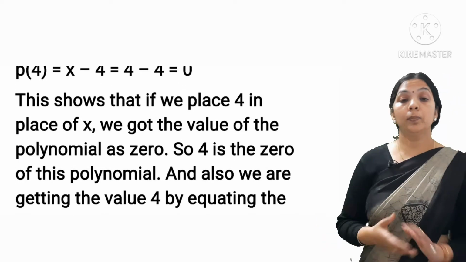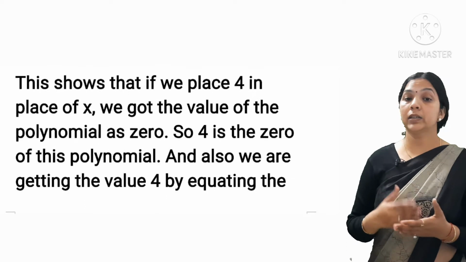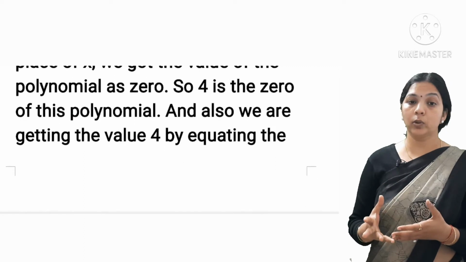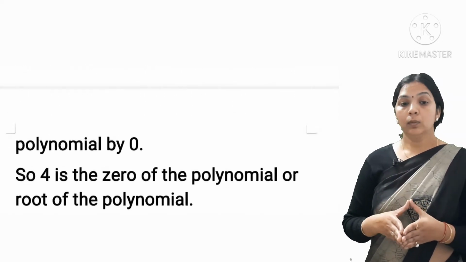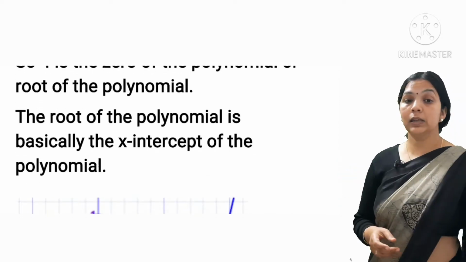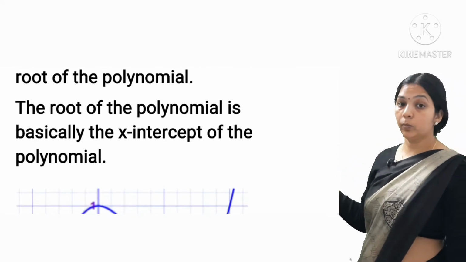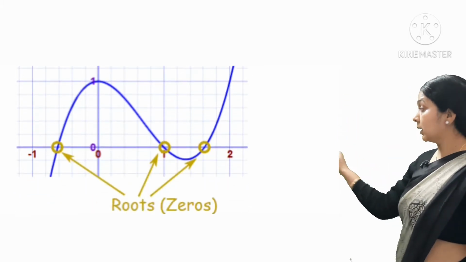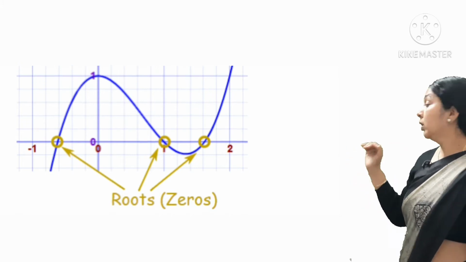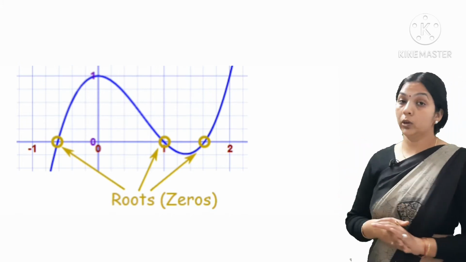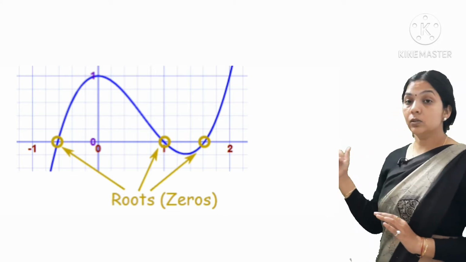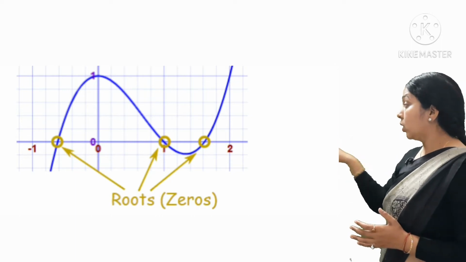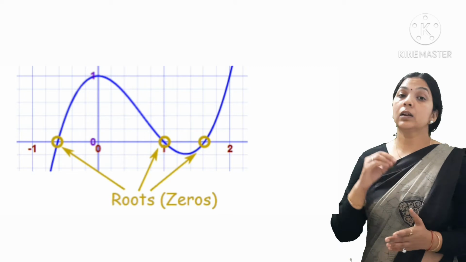Now, the root of the polynomial is basically the x-intercept of the polynomial, or we can say root means the solution, or the 0 of the polynomial is the x-intercept of the polynomial. Here in the diagram you can see that there is a polynomial. That means a diagram of that polynomial is given to you. Whenever it crosses the points on the x-axis, these are the zeros for that particular polynomial. Now, as it is not of your level, but still the number of times the curve crosses the x-axis is the number of roots.